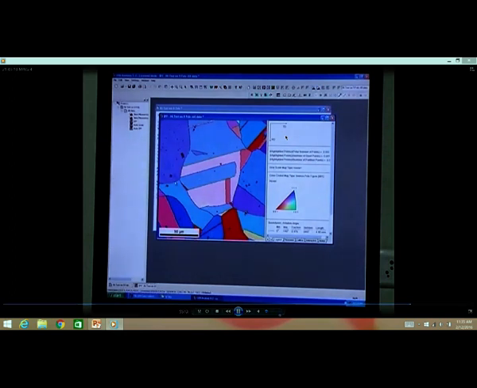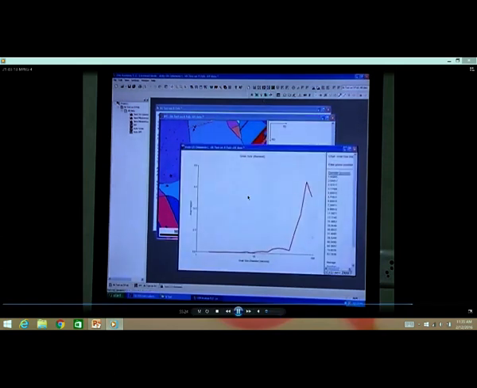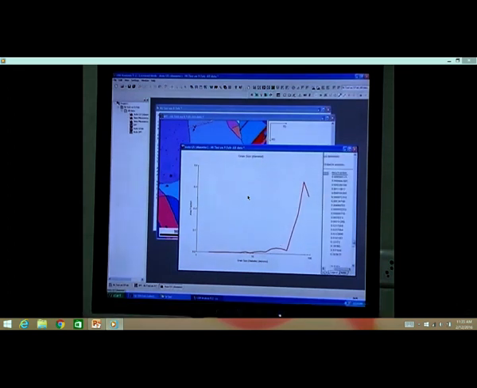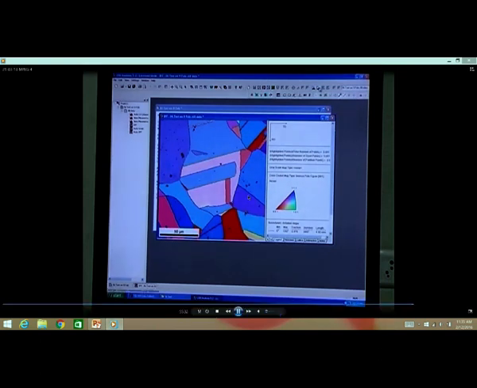So, these are very powerful tools to determine the grain orientation instantaneously, and you can do a lot more calculations, like the orientation spread, and the misorientation distribution.